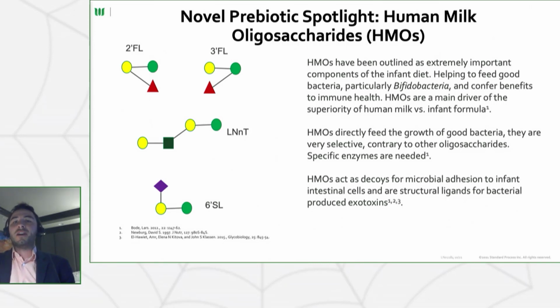As well, it acts as an extension of the mother's immune system to the infant, where based off the very unique structure of these human milk oligosaccharides, they can actually act as microbial decoys for their binding